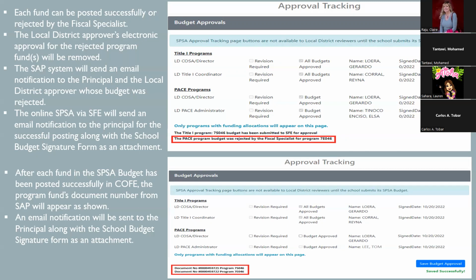And again, we can see just above that PACE rejection, the Title I program for S046 has been submitted. So you'll see each of these display as you submit and they get approved or they get rejected in your approval tracking